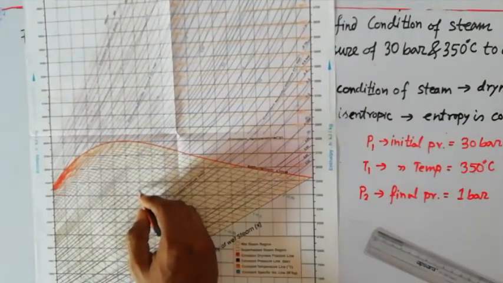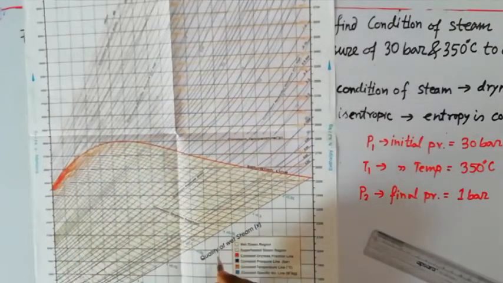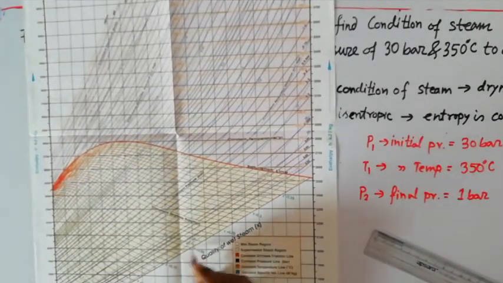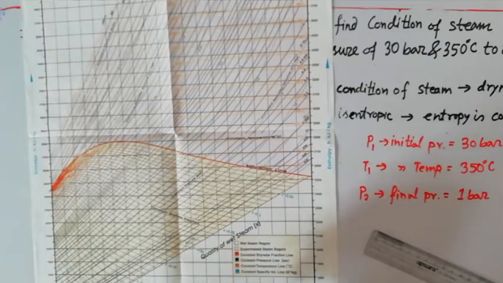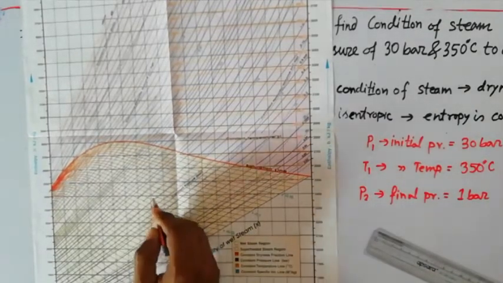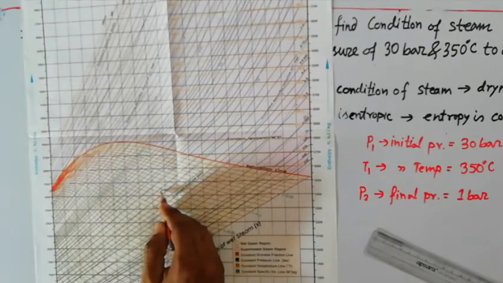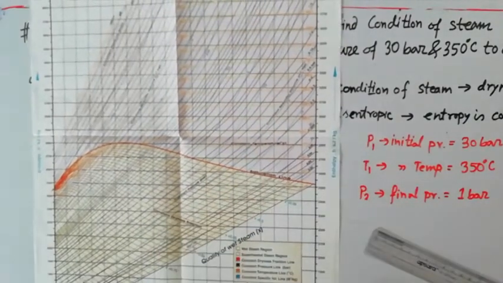While you are getting that state point 2, obviously it is related to these dryness fraction lines, because all these dryness fractions are given over here. You can see the quality of wet steam is represented by the dryness fraction. So while you are getting the point 2, from there you can get the value of dryness fraction, because point 2 can intersect any of the dryness fraction lines, or if it is not intersecting, then you have to do some approximation. So using the dryness fraction lines and the point 2 state point, you can get the value of dryness fraction.